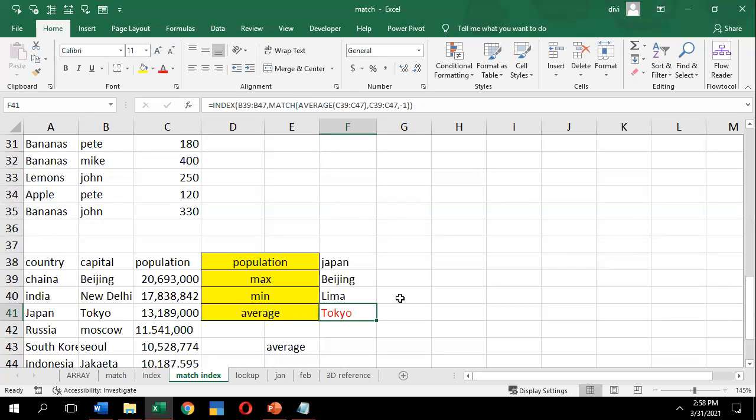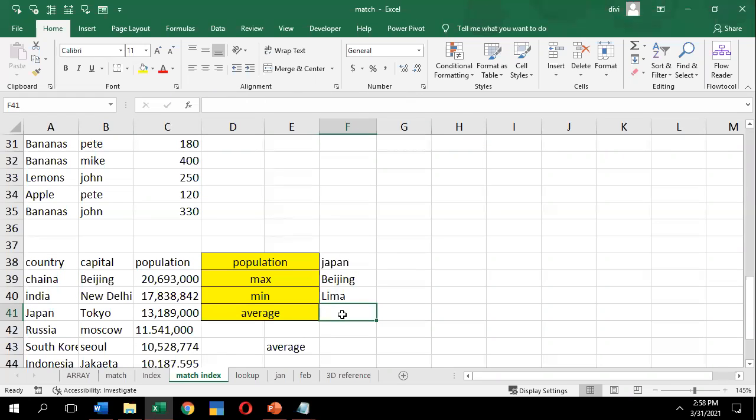Okay, so let me find it. How to find the population? So for population, what I have given is Japan, and maximum what I have given is in Pigeon, and minimum Lima, and I have given an average. What will be the average between this? Either I can select the population, or I can select the name of it. So what I will do, just see for the average, what is the average between Japan and this.